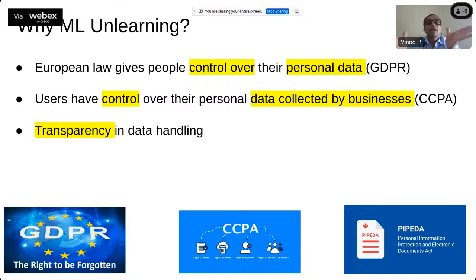So there has to be complete transparency in data handling. Okay, so if we look at the most spoken data protection or privacy regulations, one is the European GDPR. It gives complete control of the personal data to the user, and also in the CCPA, where the user has got control of their personal data from the business that is collecting it. So the summary of this slide is that all the regulations talk about transparency in data handling.